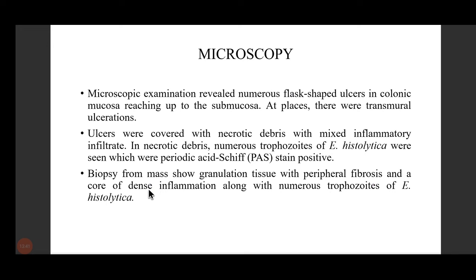On microscopic examination, numerous flask-shaped ulcers were seen in colonic mucosa reaching up to the submucosa. At places there were transmural ulcerations. Ulcers were covered with necrotic debris with mixed inflammatory infiltrate. In necrotic debris, numerous trophozoites of Entamoeba histolytica were seen, which were PAS positive. PAS is a special stain done routinely. Okay,